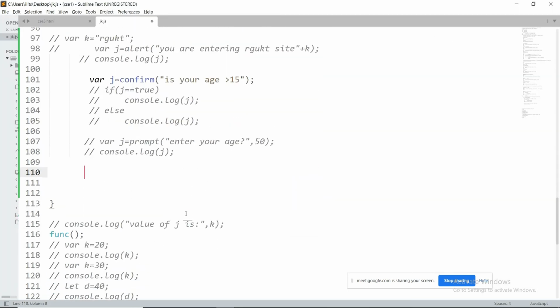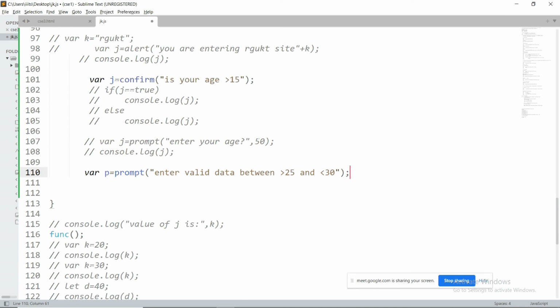First, we need to accept the input from the user. For that, I am going to take p equal to prompt of "enter valid data between greater than 25 and less than 30". So he will enter some data. That data will be stored in the p variable. Based upon this p variable condition, I need to iterate or stop the process that you need to define, right? So what can you do now?